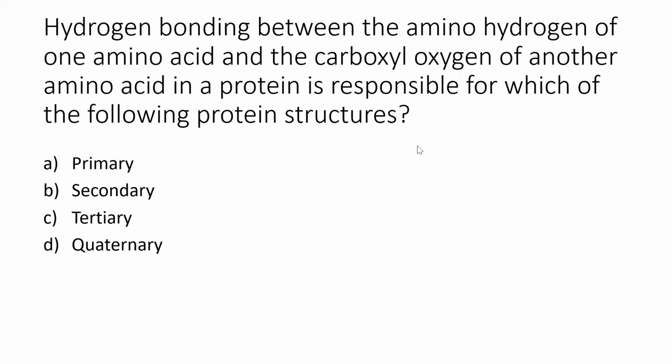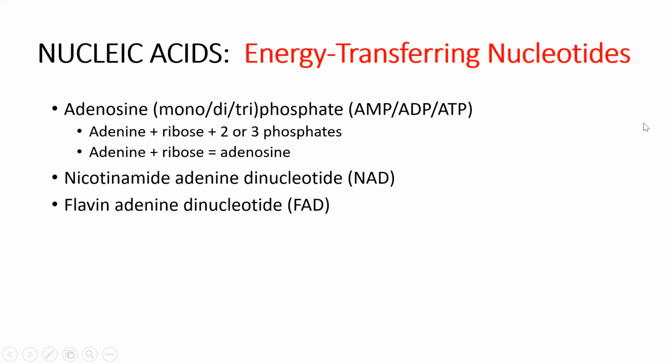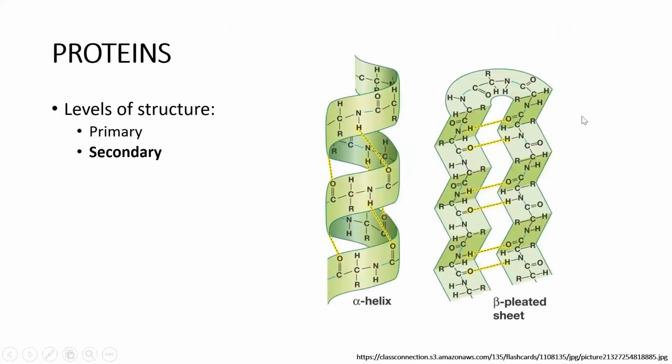Just to jump back here and point this out while we're looking at this question, we said that when we have the amino group, the hydrogen here, and the carboxyl group, the oxygen here, when we have a binding between these two structures, this is where we get the folding of that initial peptide, okay, or that initial